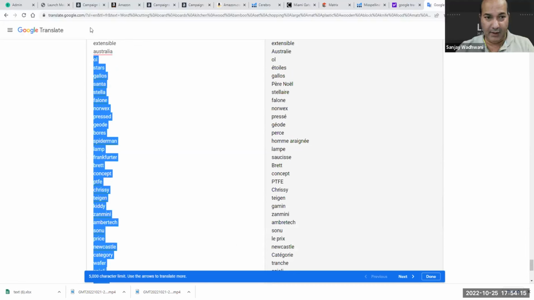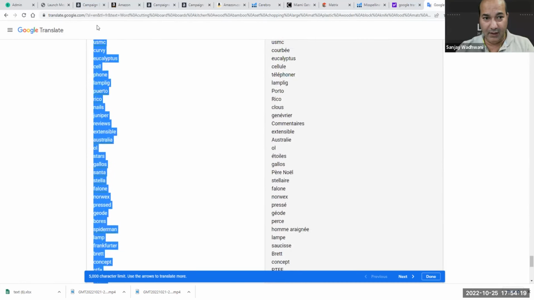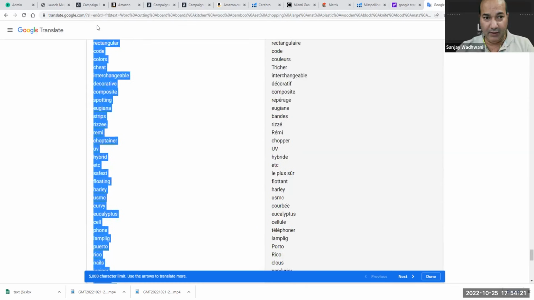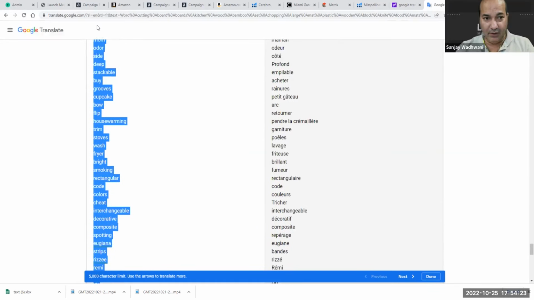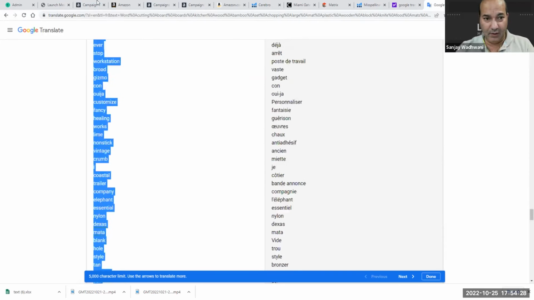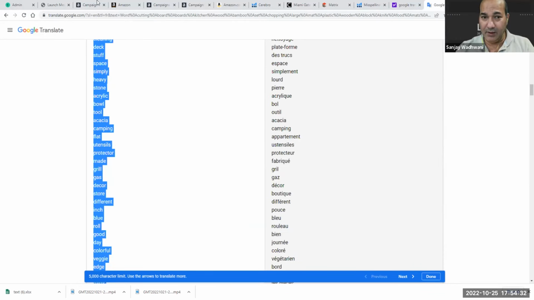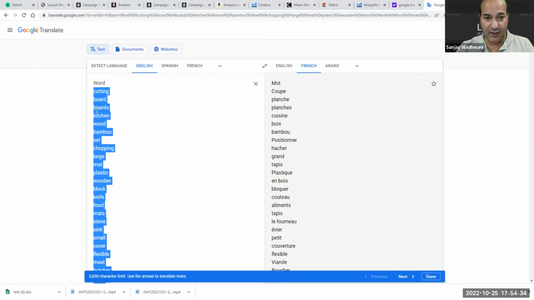Take your 5 or 10 best keywords and keep it to there, and then you can start using the misspells. The reason why we want it to be smaller, less than 5 or 7, is because